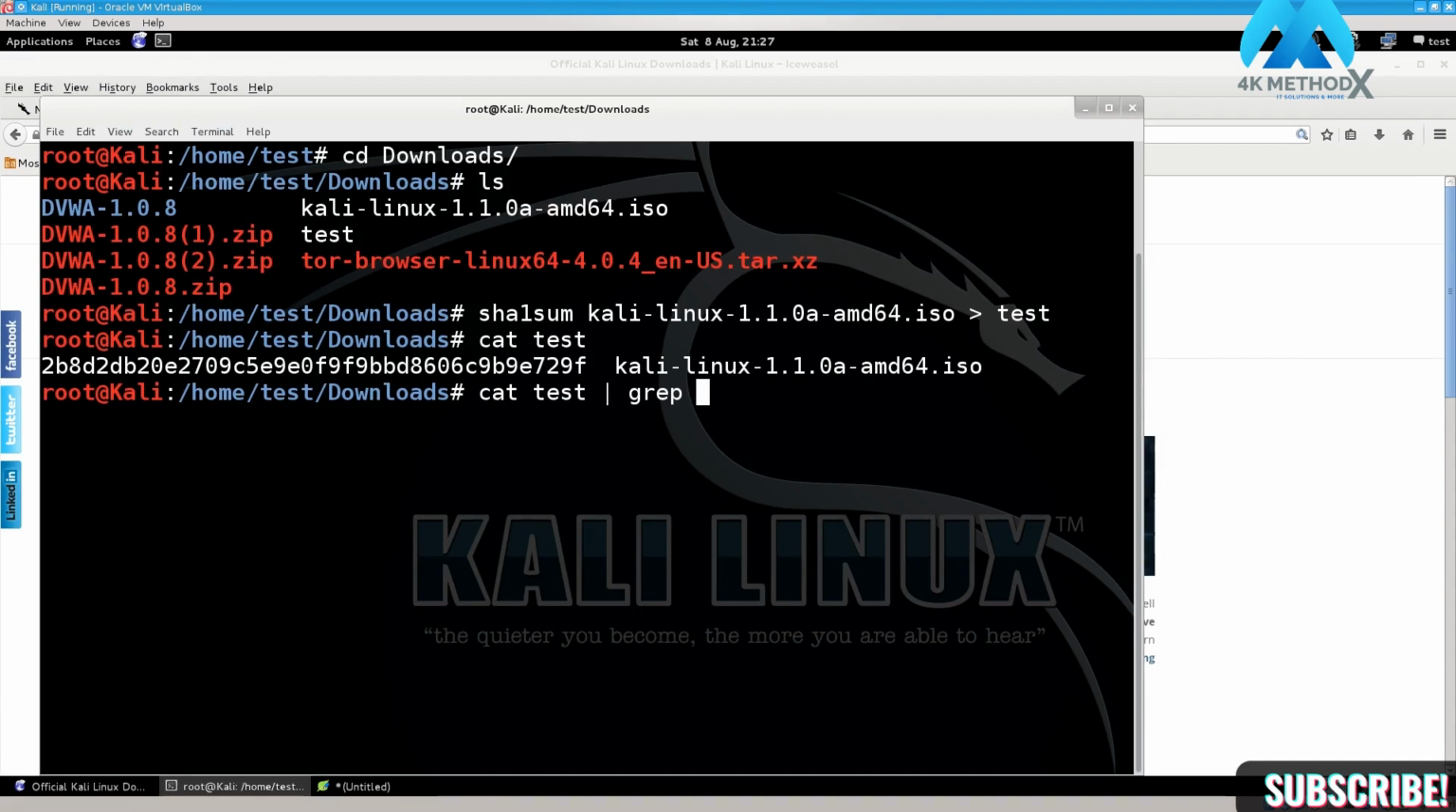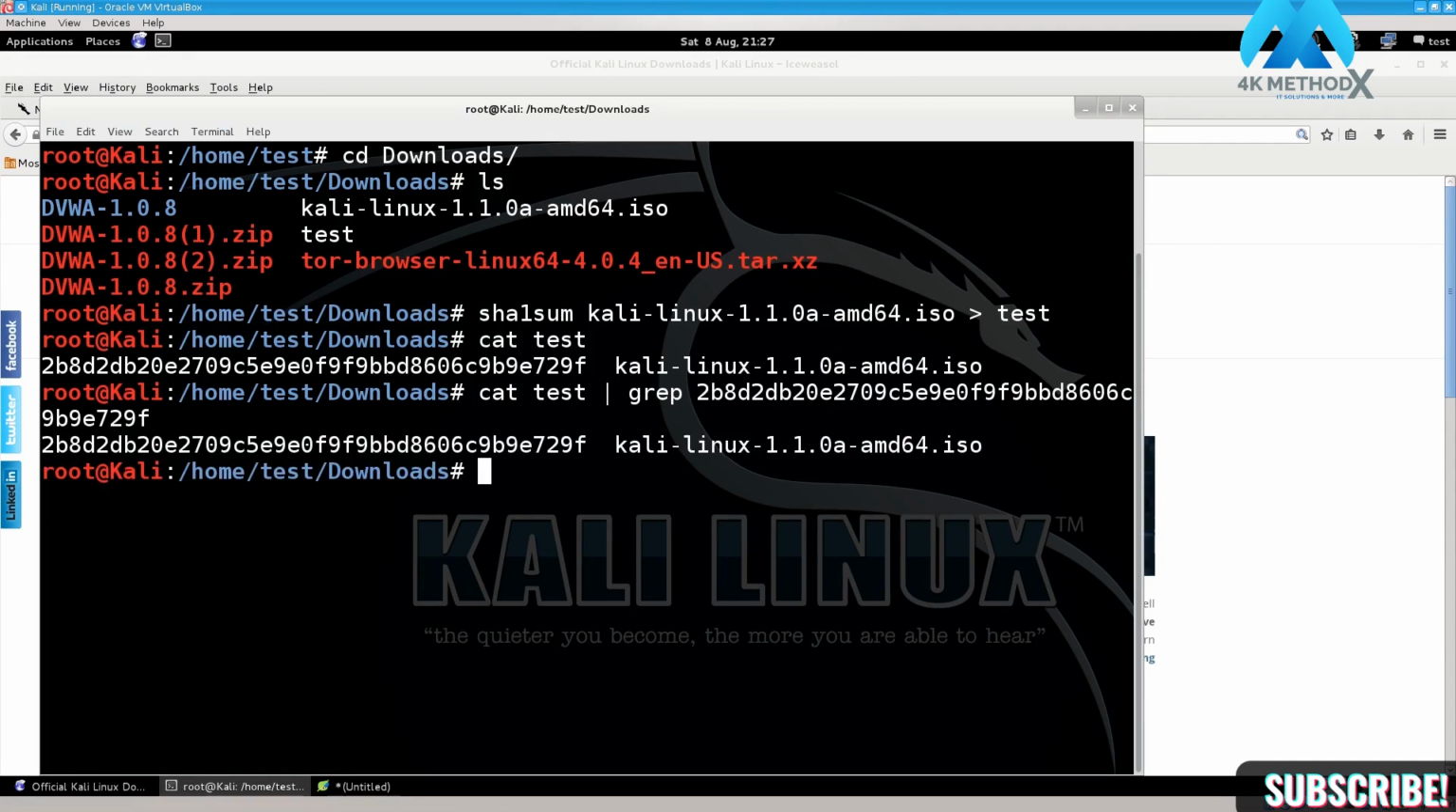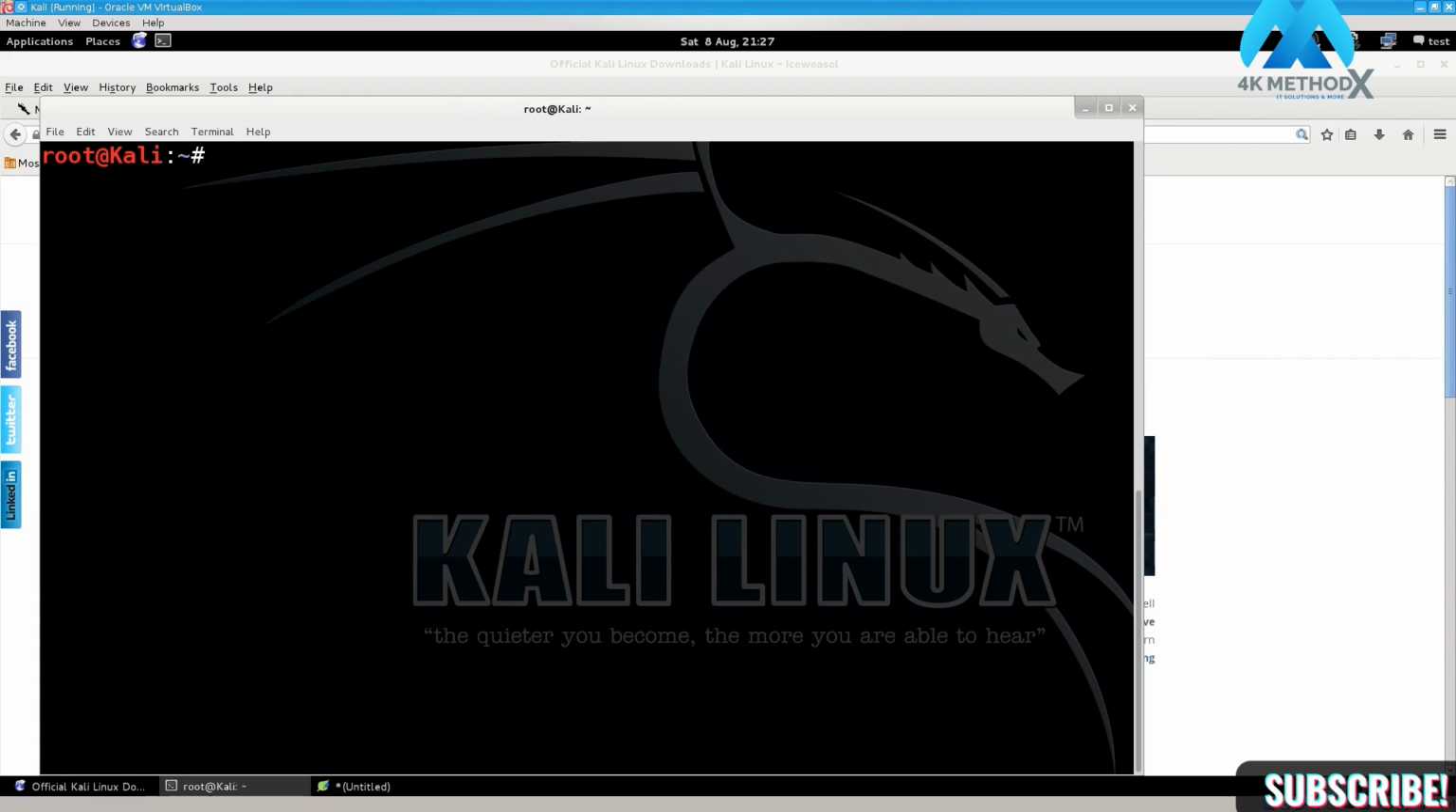Let's cat out test and grep the exact pattern. So if we can grep the exact pattern, it means that they match, and they do match. So the download is correct. Excellent. So now that we have that sorted out, let's go ahead and